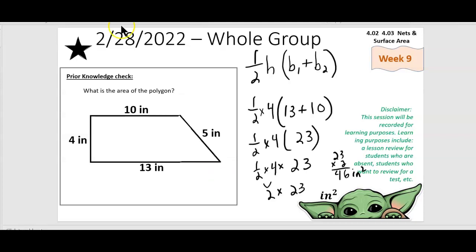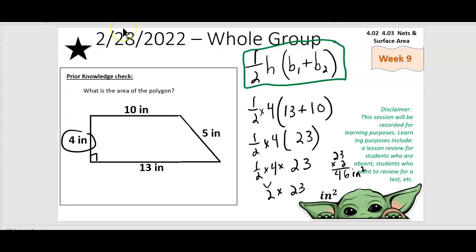Okay, the first way I'm going to show you that you can do this is by using the trapezoid formula. Take the height. The height is the one that has a right angle with it. So this is a right angle here, so the height is 4. Fill that in. So I'm filling in 1/2 of the height, and then you're going to multiply that by base 1